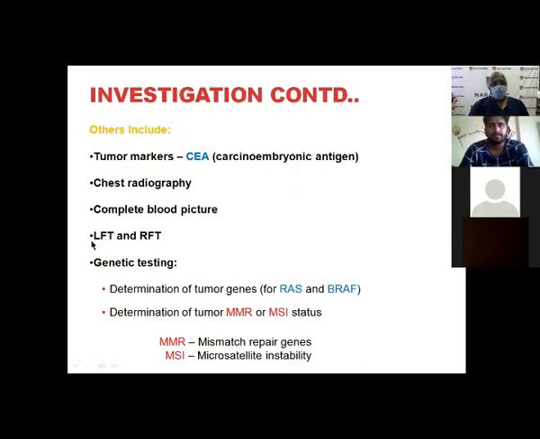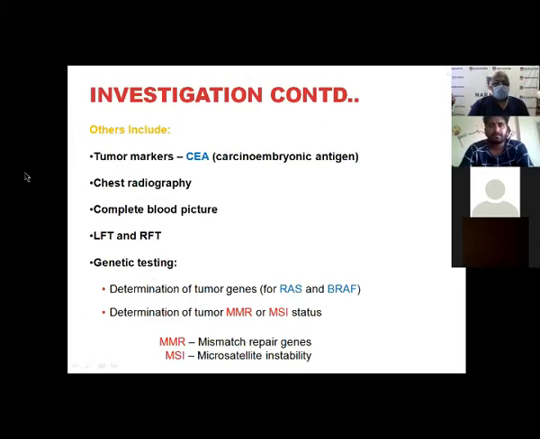LFT as a routine to find out whether there is any ALP increase. An ALP increase clearly suggests that there is a hidden secondary somewhere, because the first biochemical parameter to go up is ALP. Instantly you can see whether there is any static bilirubin and so on, and if the patient is a cirrhotic, you can find out through that. The RFT is a must to rule out any renal dysfunction, which will prevent you from doing a contrast enhanced CT. One more thing, the RFT may go up in extreme conditions of ureteric obstruction, which is rather uncommon.